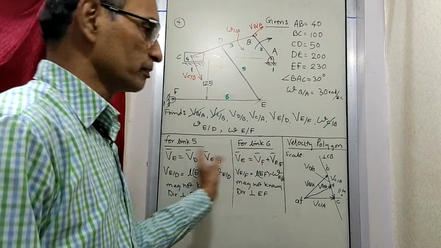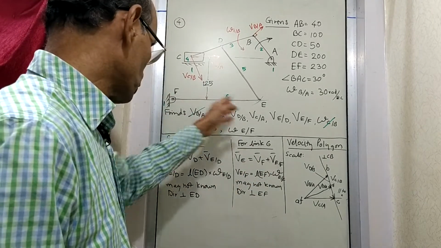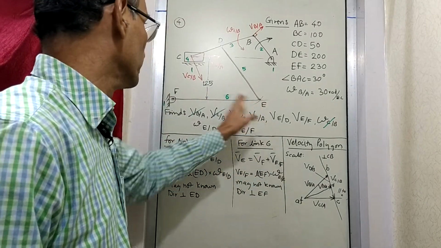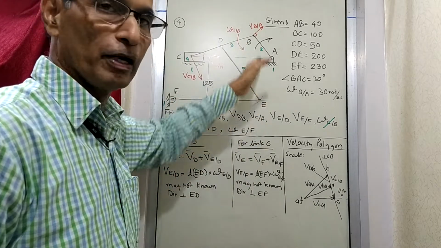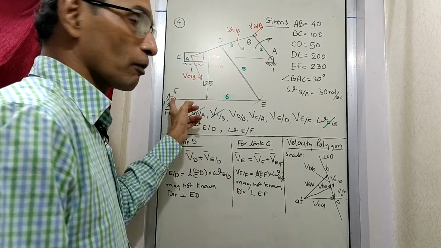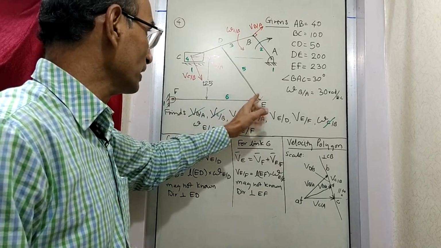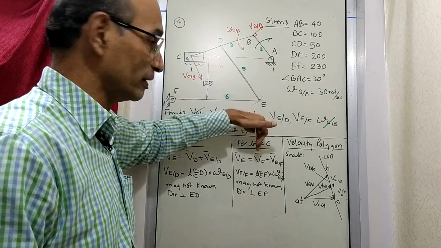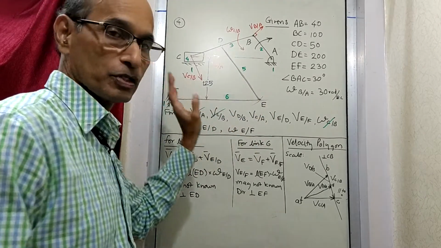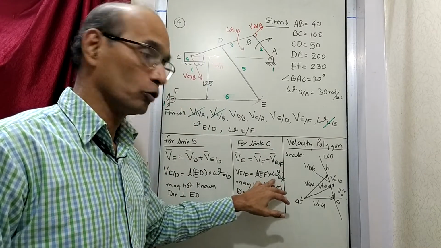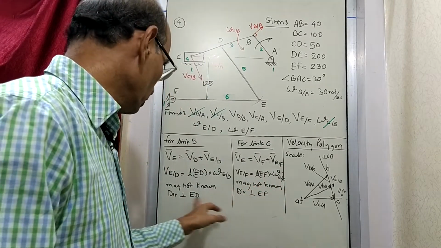You will find we have written something similar. So the direction of this vector, velocity of E with respect to F, is going to be perpendicular as usual. So for an observer standing at F, you will find that E is moving like this or like this, depending on the direction of rotation, which right now is not known. So we are leaving it only up to this much.